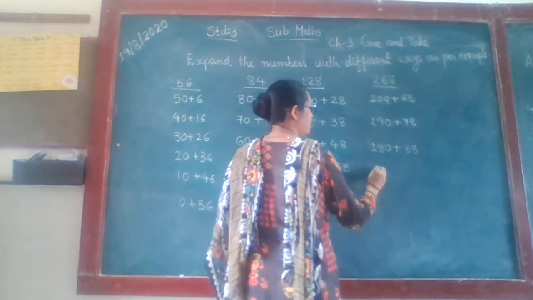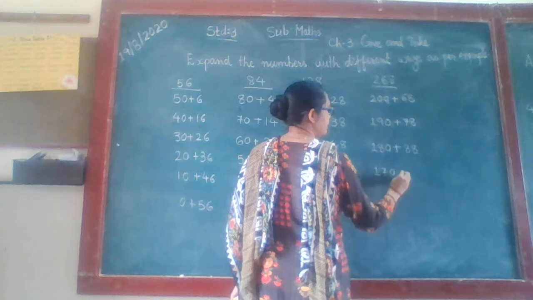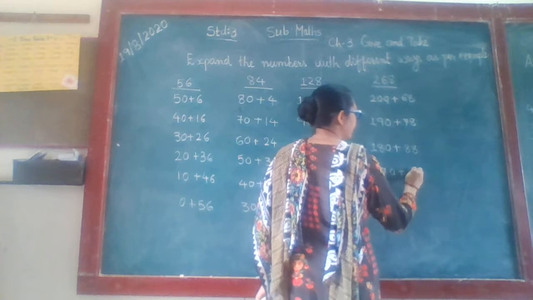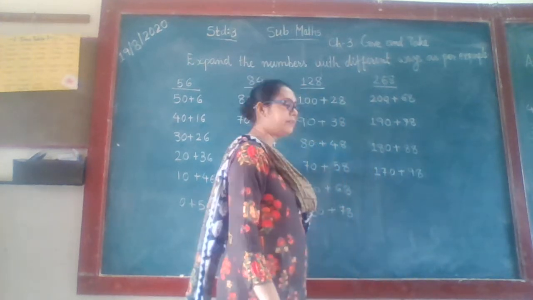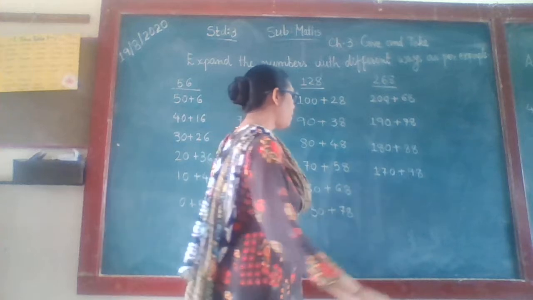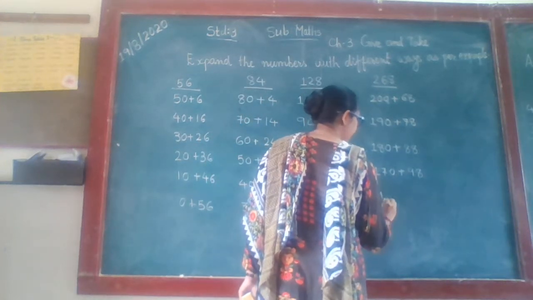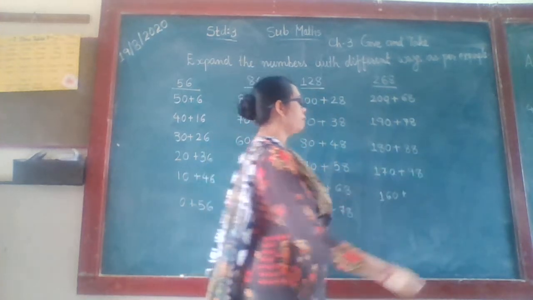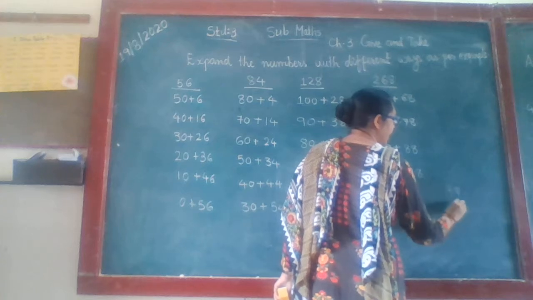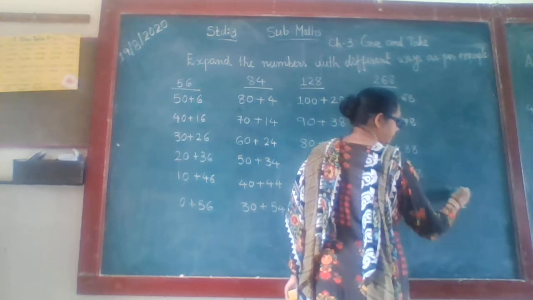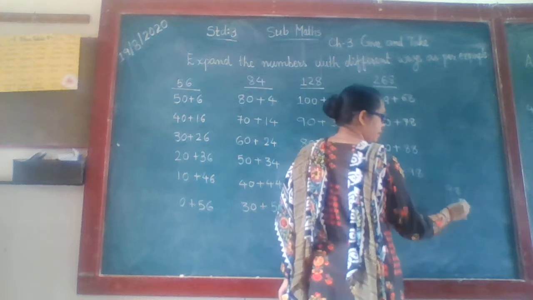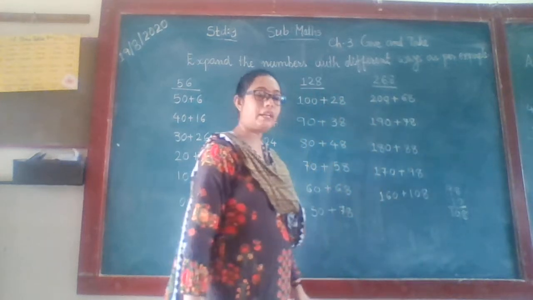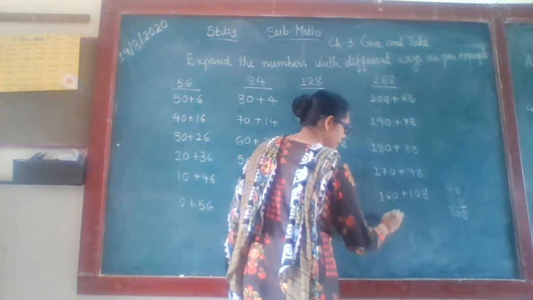Again we subtract 10. So we get 170, plus here we add 10. We get 98. Then again we subtract 10 from 170. We get 160. Okay, now dear students, if you are confused here, you do the rough work. 98 plus 10: 8, and 9 plus 1, 10. So we get here 108.